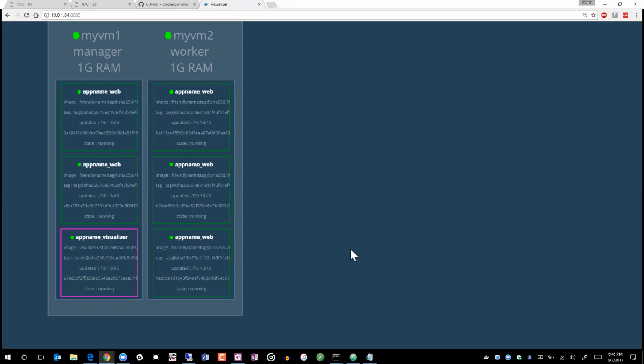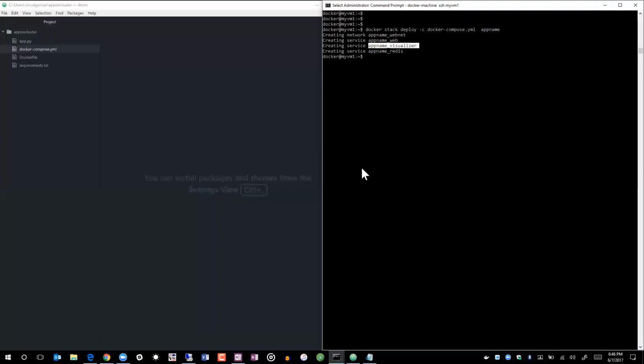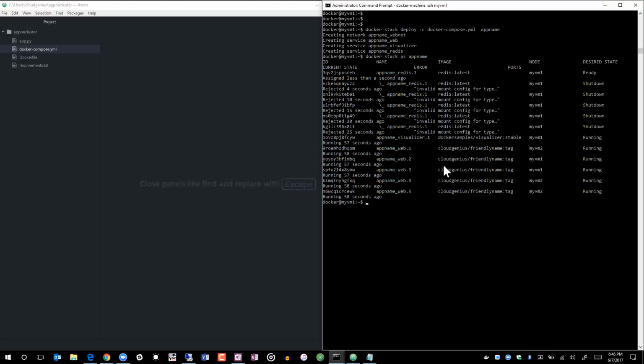5 web services are running, but whatever happened to my Redis? Come on, tell me, what just happened? So that's what I will go and inspect. What just happened to my Redis service? Is it really running right now? Docker stack ps app name, is my Redis service running? And now it is getting shut down